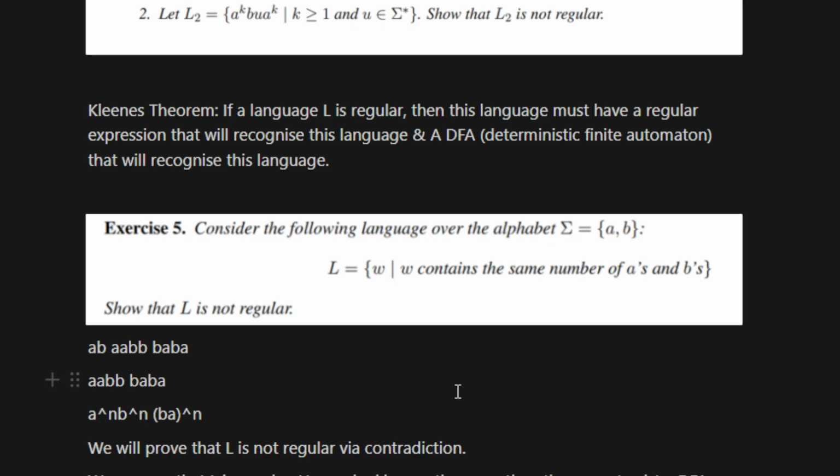So let's say we have this DFA, obviously, we've assumed that L is regular. This DFA will have some form in which it will accept A^N B^N, right? And this will kind of look something like this. So if I copy paste this over,